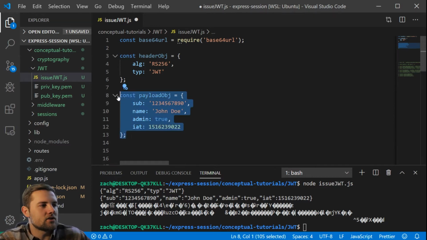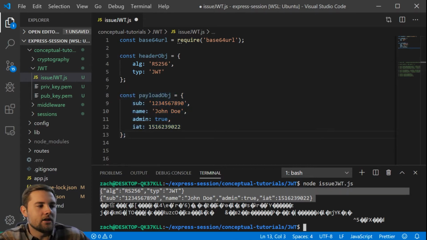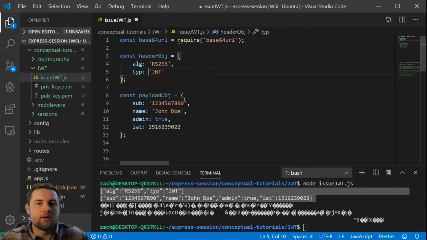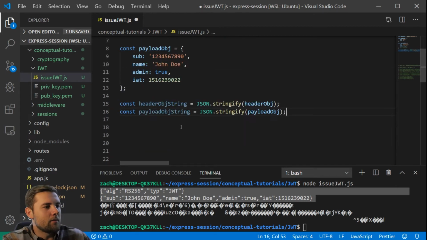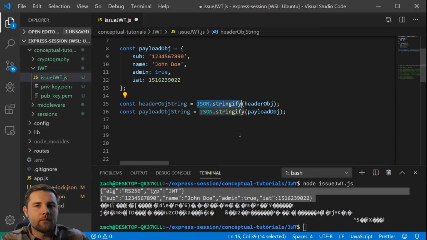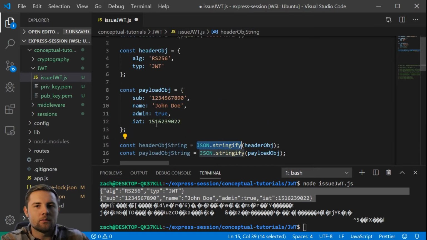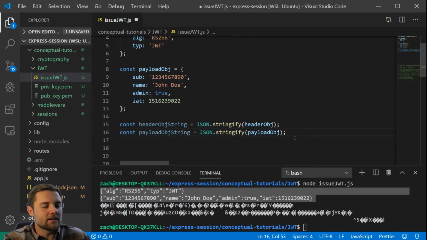So you can see that these are the exact same header and payload objects that we printed in JSON format below. Now obviously these are in JavaScript format, so we will need to convert them into JSON format by using the JSON.stringify method. So let's do that right now. I pasted in the JSON.stringify method and stored these two objects as JSON strings in these two variables. The next thing that we have to do, because right now these are just in JSON format,